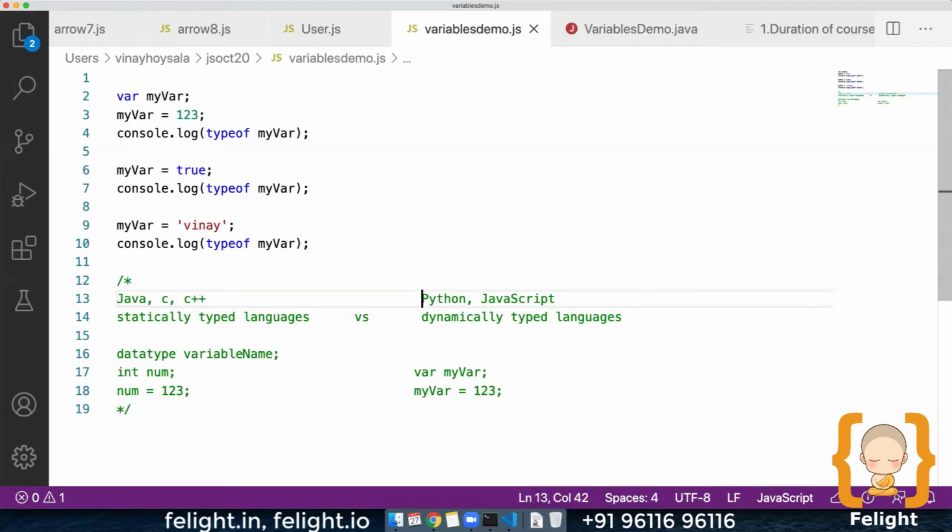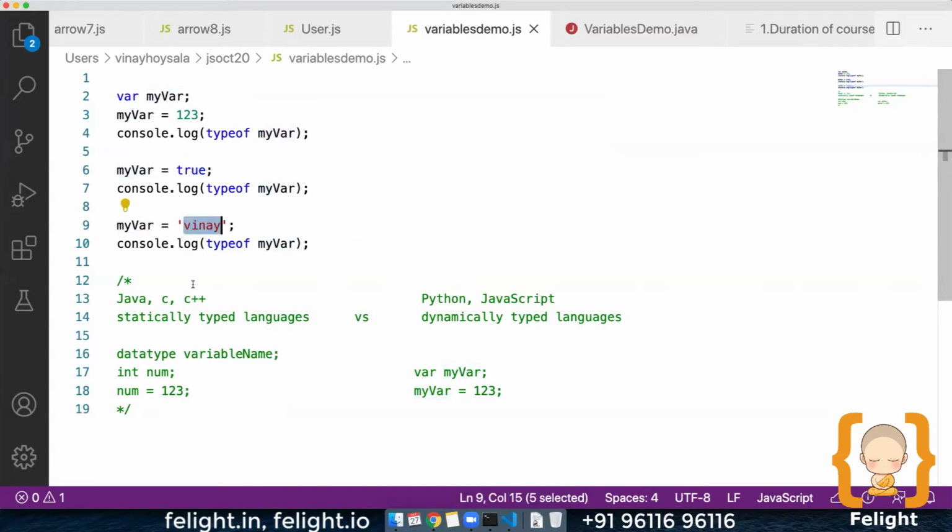So this is the major difference between dynamically typed language and statically typed language. What happened is that my var is the laptop bag which is supposed to be storing the laptop. Let's say 123 is the laptop here. But Dhruv's sister took that bag, myVar, stored tomatoes, and then stored onions.